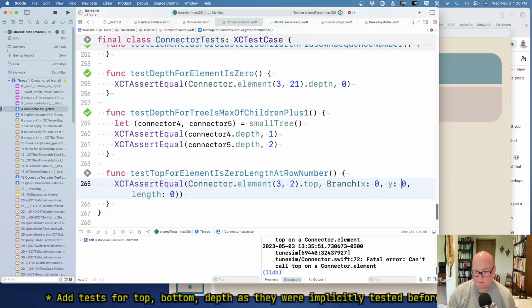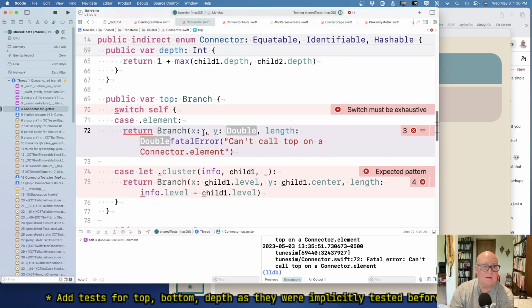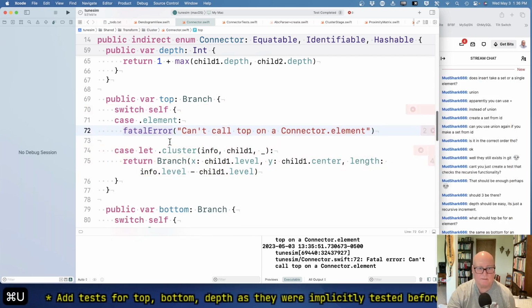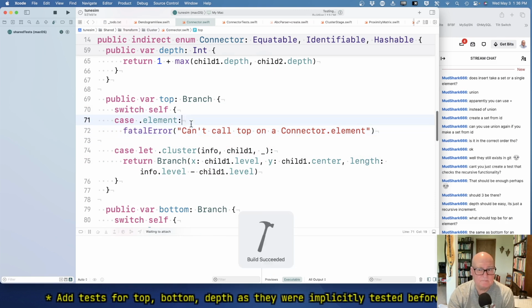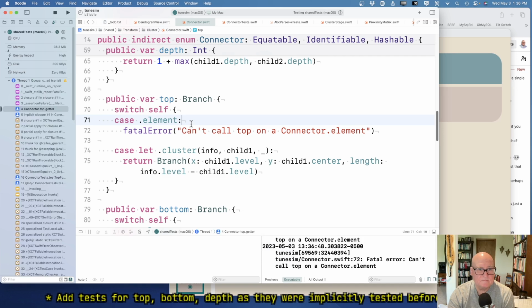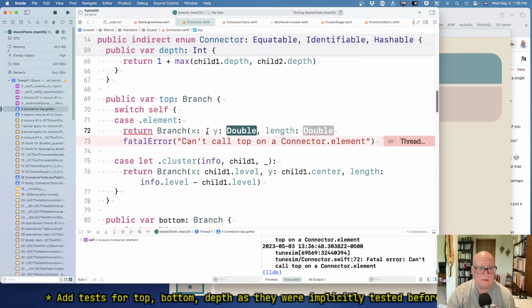Y should be the row number. Length 0. Okay. Return. Yeah. Okay. X 0, Y is